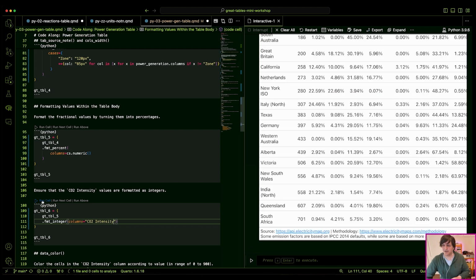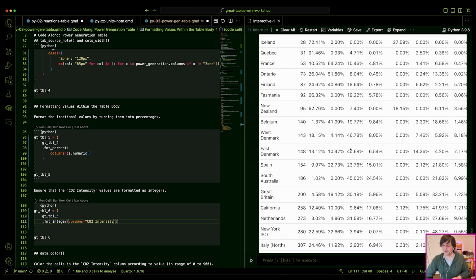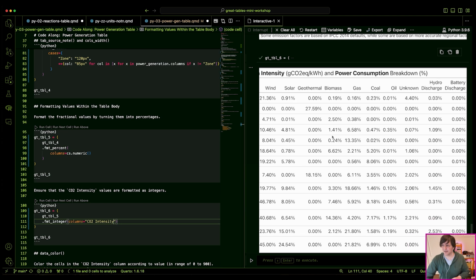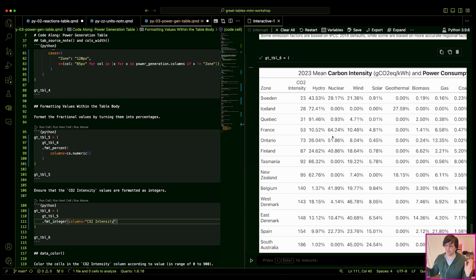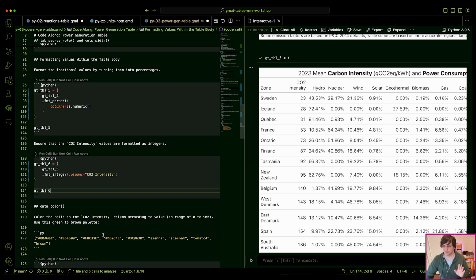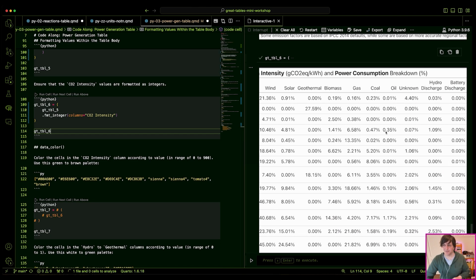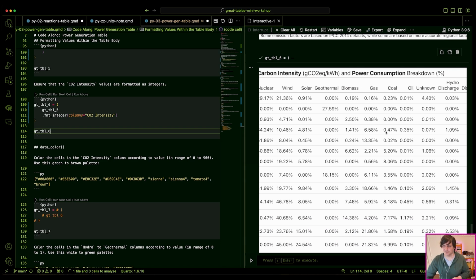And then run that cell. And we see that everything is still as percentages except for the CO2 intensity column, which is kind of nice. So you can format a wide swath of columns and then just target certain other ones with different types of formatting. And it's totally fine. So that's all the formatting we're doing in the table because we handled all the numerical columns, which are just things that require